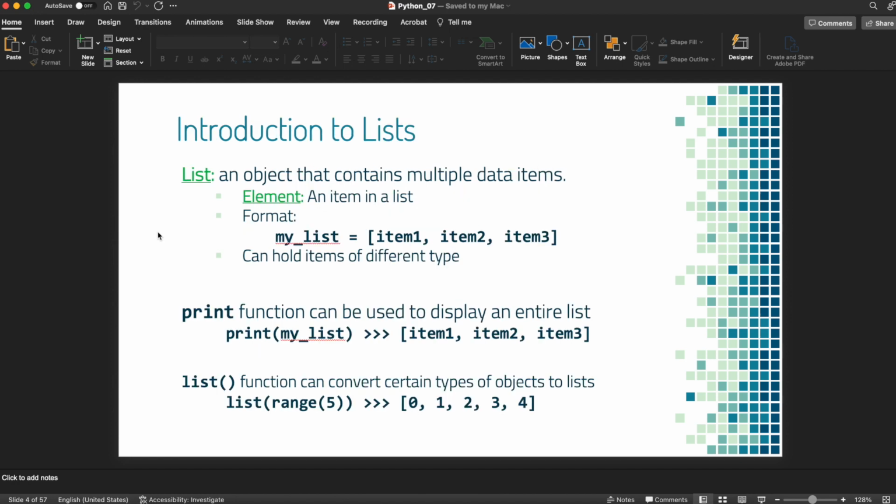So lists in Python look as such. The way that they're going to be done is you're going to use the variable name that you have, so my list equals, and then you're going to use brackets. So you're going to use a beginning bracket and end bracket with each of your data items separated by commas. Now these data items here can be any different types. So they can be ints, floats, strings, whatever you want them to be, and you can mix them as well